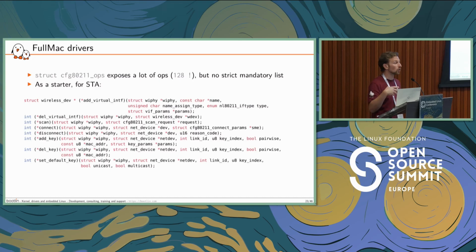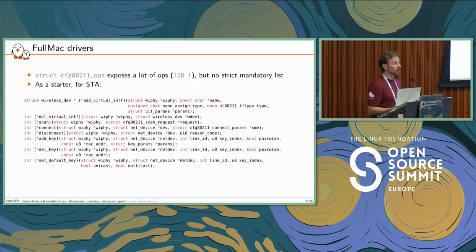But as a starter, if you want to implement a very basic station, you can, for example, count on those operations and implement those. Some will be similar to what we have seen for the MAC layer. So I will have some add virtual interface, delete virtual interface. That's where I will have to register the virtual interface, but also register the net device that matches it.